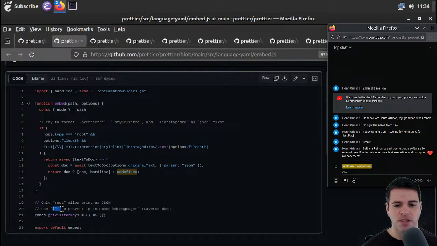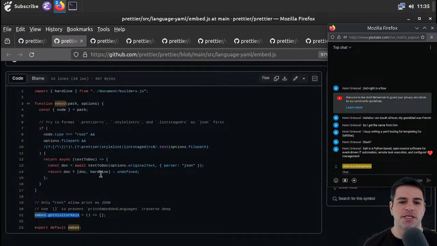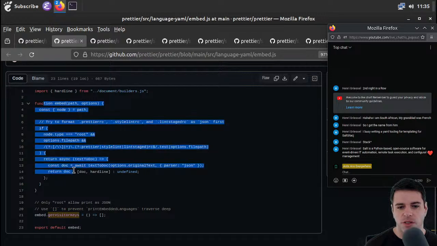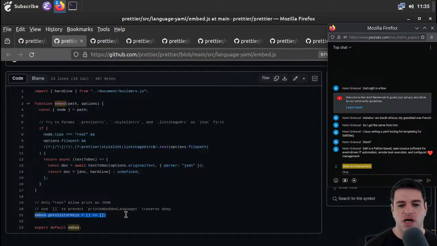We use the empty list to prevent print embedded languages traverse deep. I have no idea really what this is doing from a design perspective. But we said embed get visitor keys to the empty list. So I guess only the root can print as JSON. So we did the root up here, and then when we try to visit other nodes, we're going to get the empty list, and then we're going to